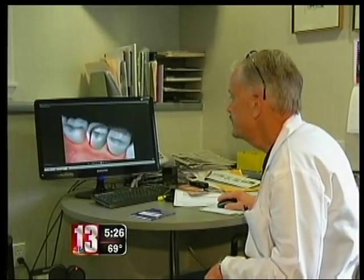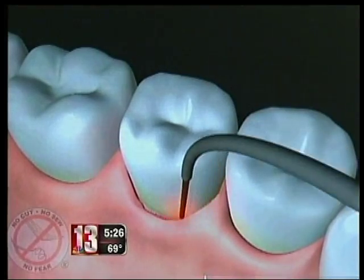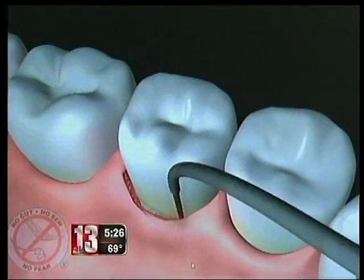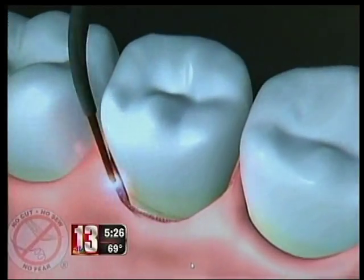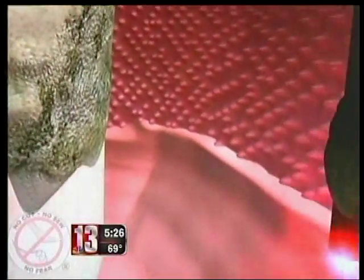The cost of this treatment is comparable with traditional periodontal surgery. The FDA approved LANAP in 2004, but the cost of the unit, about $50,000, held down widespread use until recently, as more studies showing its effectiveness have been published. And yes, this is covered by insurance, Dr. Ference tells me. Now, because of the reduced pain and recovery time, LANAP may attract people to treatment who stayed